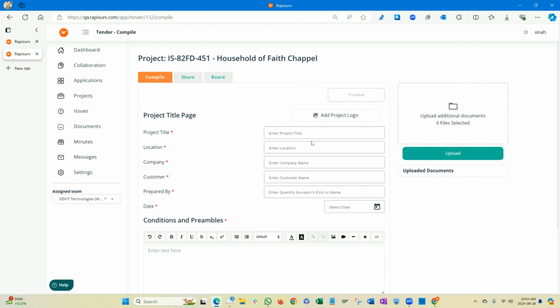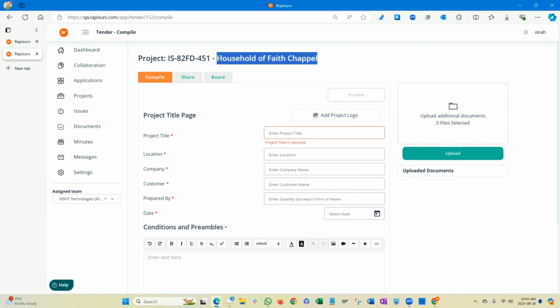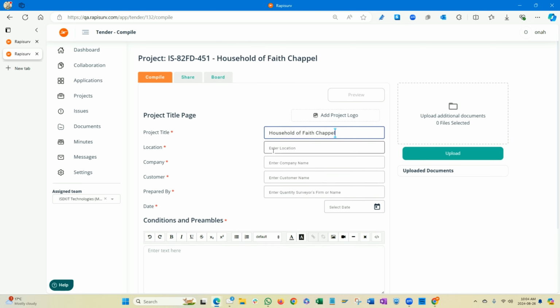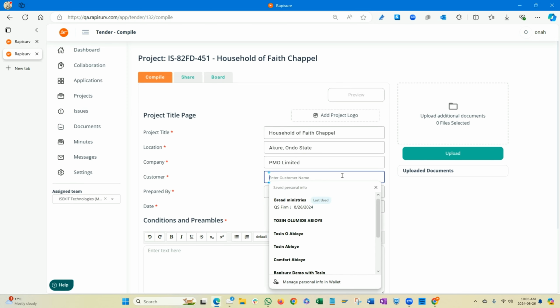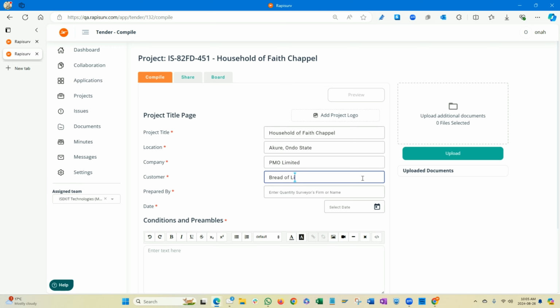So I'm going to go into the compiler now to compile this project. What's the official title for this project? Sometimes the project name in the system may not be your official title, but in this case, I'm making it the same. So this is in Akure, Ondo State, and then the company, let's say this is PMO Limited, and the owner of this project, this is Something Faith Ministry. So let us say Bread of Life